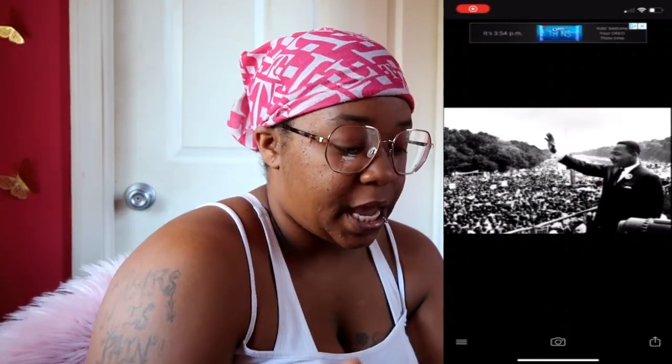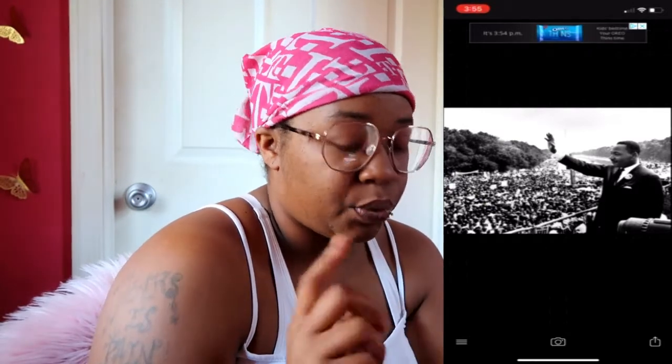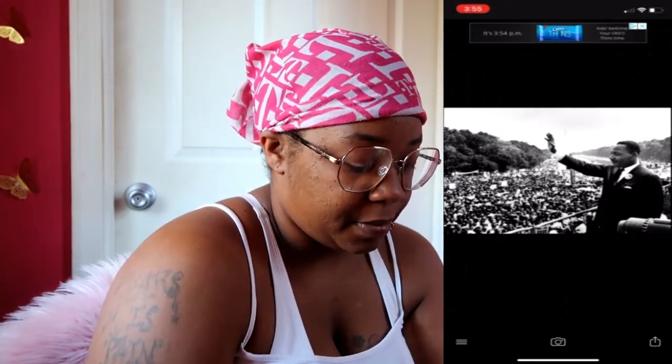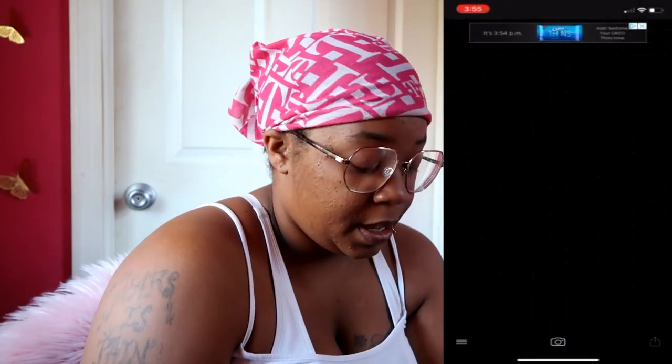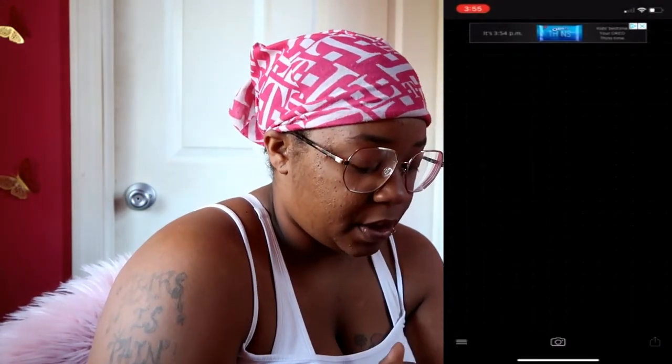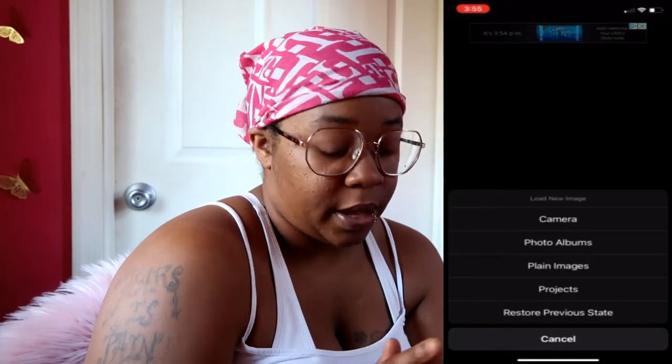Okay, so after you do your save, it's going to bring you back to that same screen. What you want to do then is hit the camera in the bottom, hit reset. That's going to bring you just simply back to the grid. So from there, you want to click on the camera again, select photo albums this time, then select the image